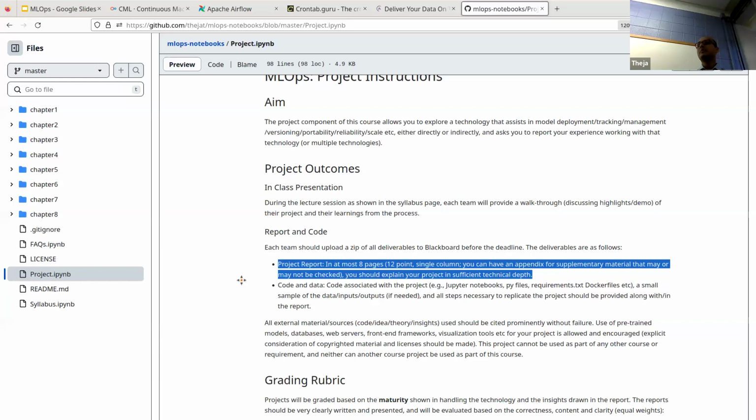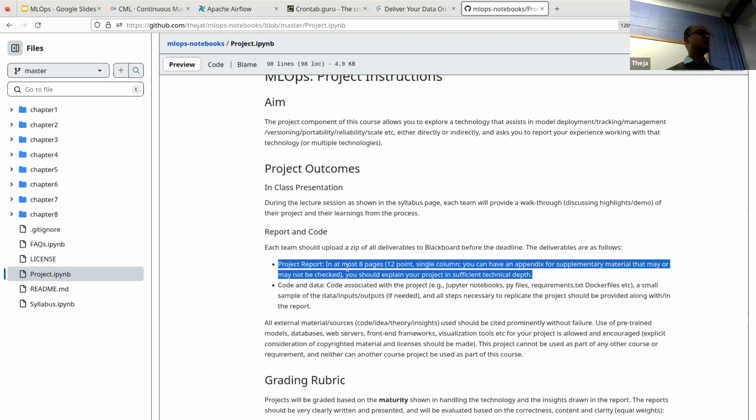Really, 8 pages is enough because I said don't include marketing material, because anybody can read that from the tool's webpage. Also, don't include the ML focus. If you want to include it, just put it in a supplementary or additional material. In the first 8 pages, really, it's about: what's the tool? What is the use case you're thinking of, or what use case does the tool suggest, and how did you try it out? So that's the focus here.